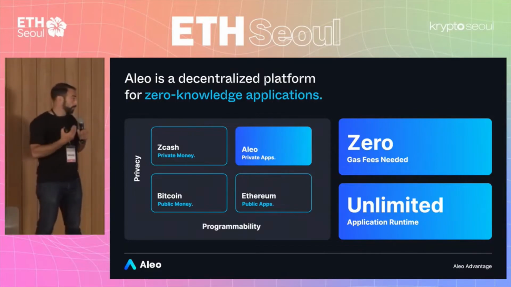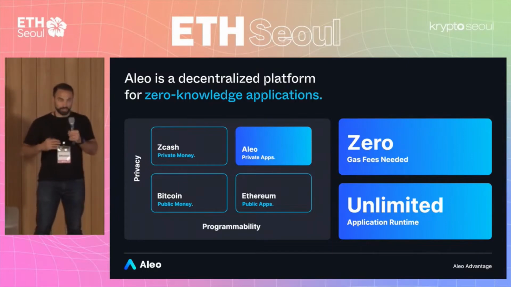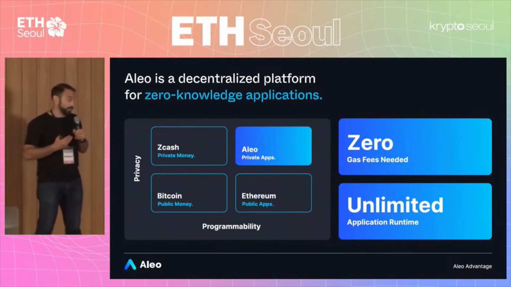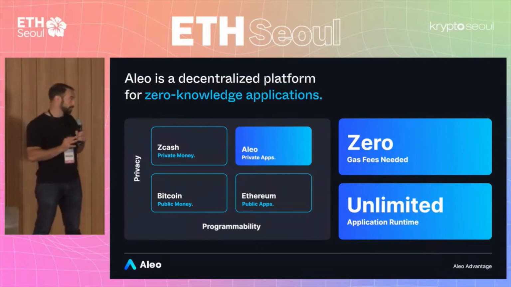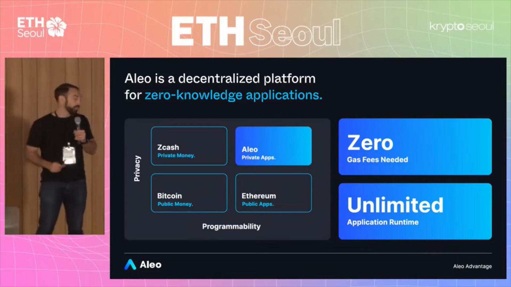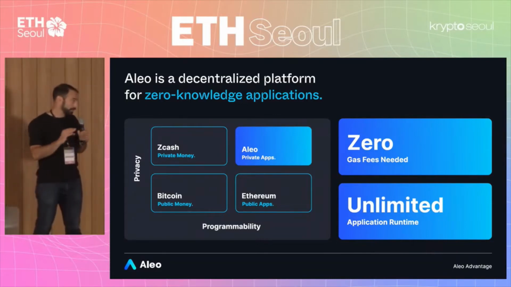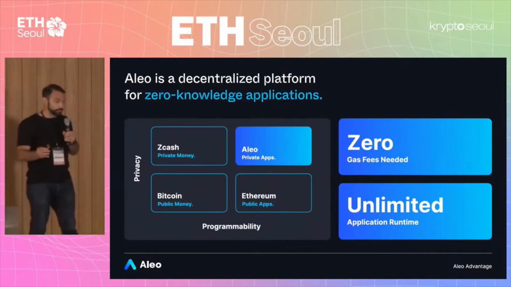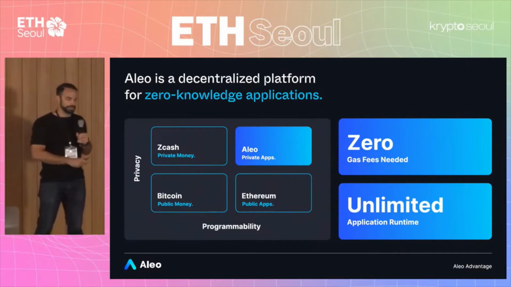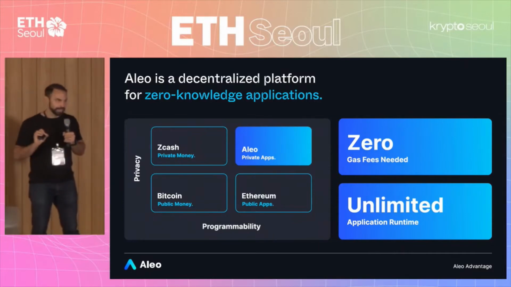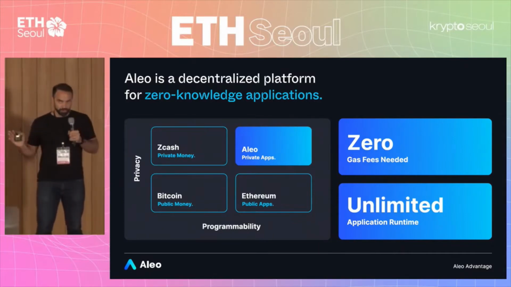Now, in the world of zero-knowledge cryptography, as Vitalik pointed out in the last talk, the beauty of this is you can cryptographically prove a statement without revealing why it's true. And if you accept that proof, well, the honest verifiers will always accept that proof as valid. So therefore, you don't need to re-execute the entire program. So that's really cool. So it's more efficient in that way. And also, an additional thing, and we're going to talk more about this later because I think this is really an underrated insight, is that you have unlimited program runtime.